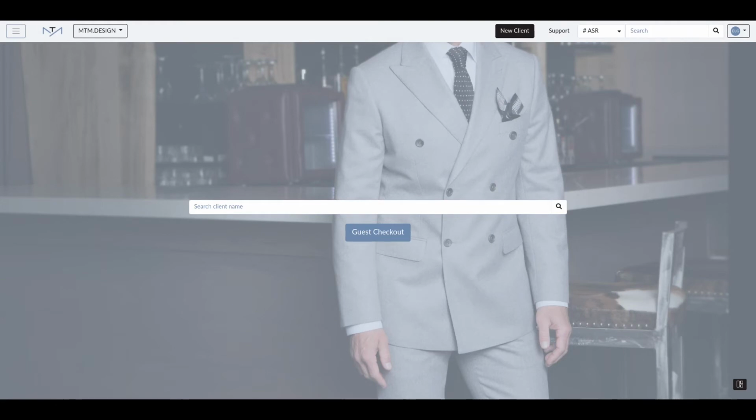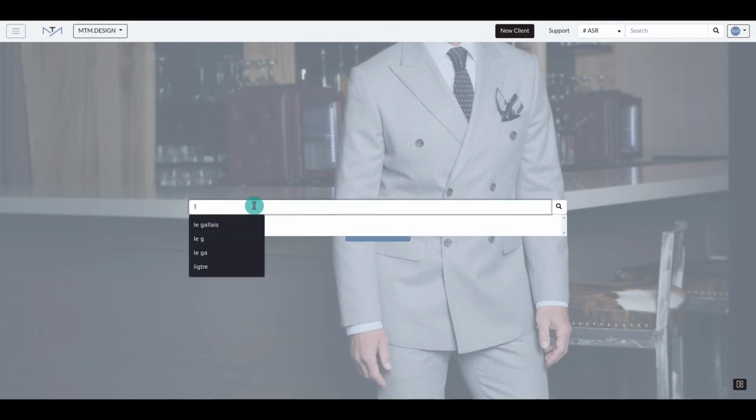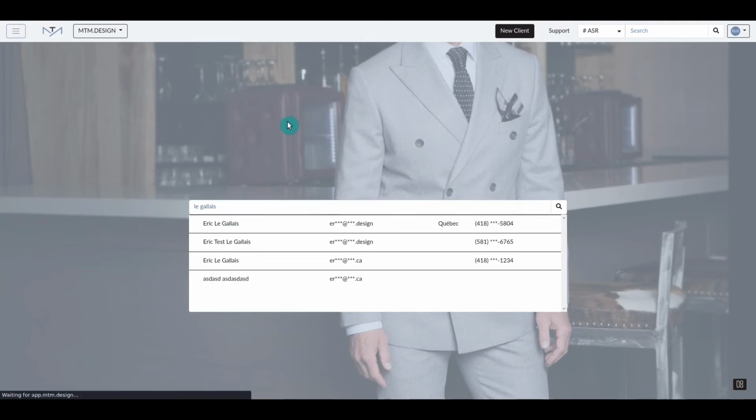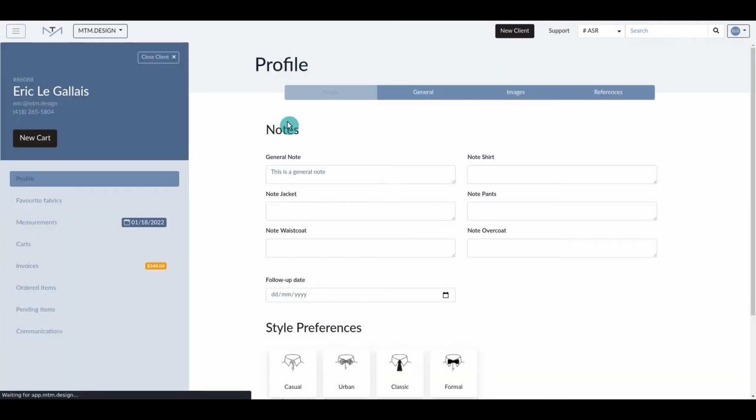So let's say that you just received a new booklet from a fabric supplier, and for some reason it's not available right now on the MTM.Design platform. So we now have a new feature to prevent that kind of thing from happening. So let's go in the client profile, and we'll create a new jacket for a client with a fabric that's not already available on the platform. So we're going to create a new cart,